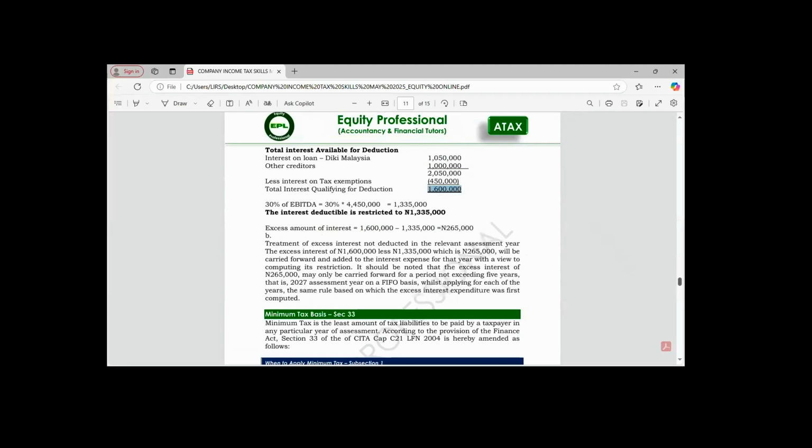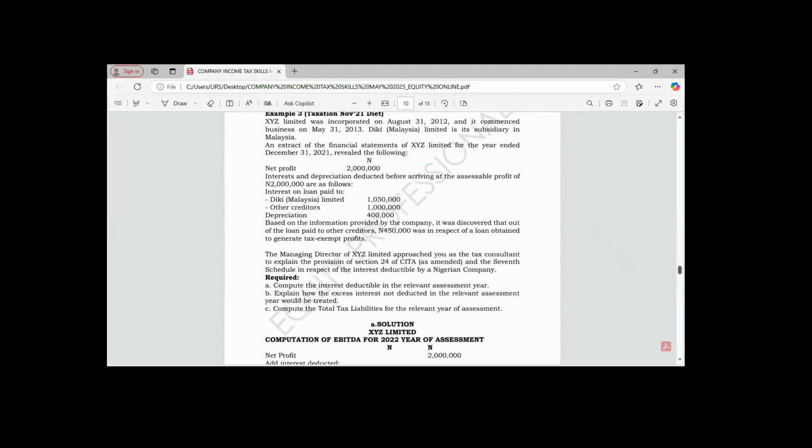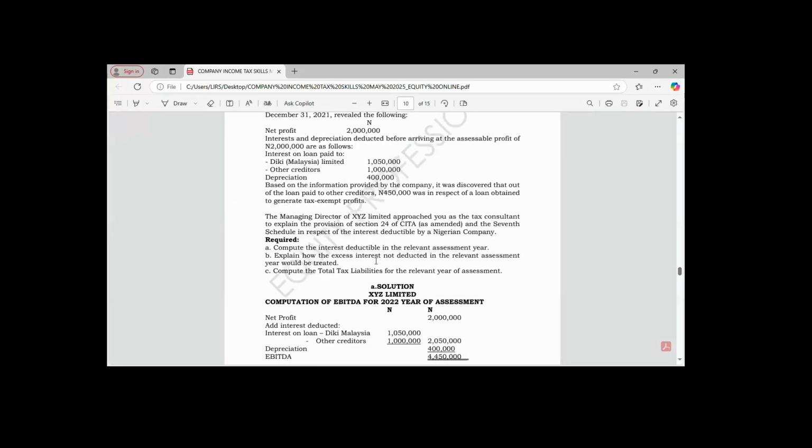Then the B part now asks us another question. The B part says: explain how the excess interest not deducted in the relevant assessment year will be treated. I mentioned earlier that any excess amount will be taken to